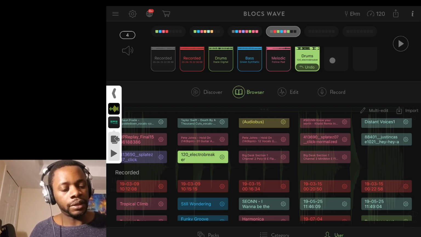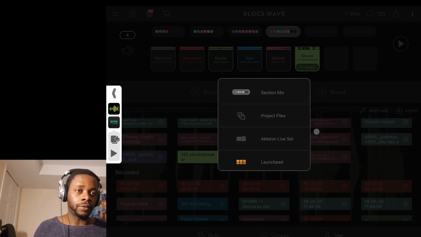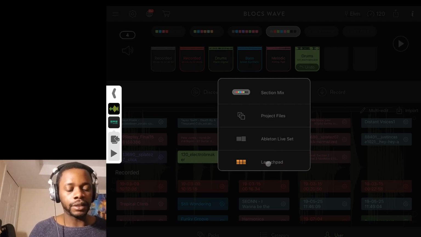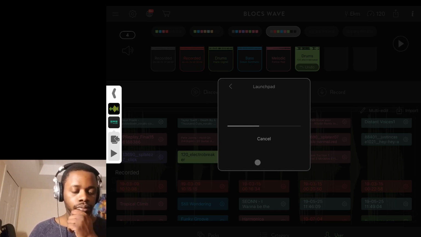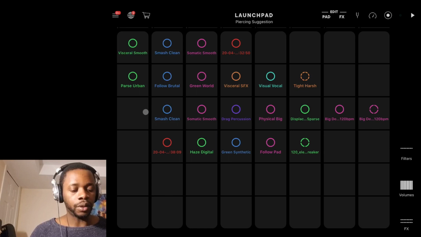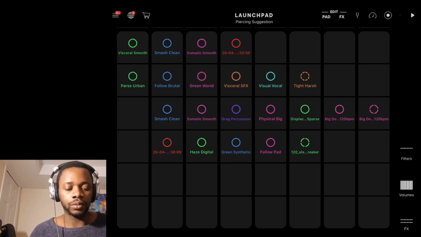What I'm going to do now is this is the other use of Launchpad. When I use it as a remixer, I'm able to test out ideas and see what's going on. So if I send it directly into Launchpad, which is the other app by Ampify, it shows up all the loops I've done. So now if I swipe this way,